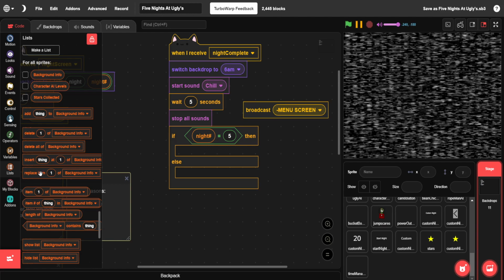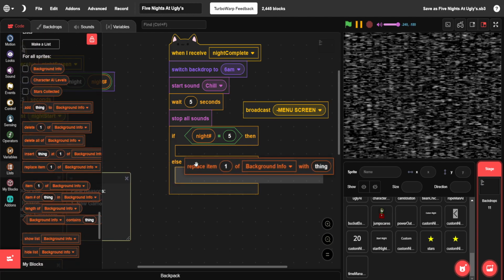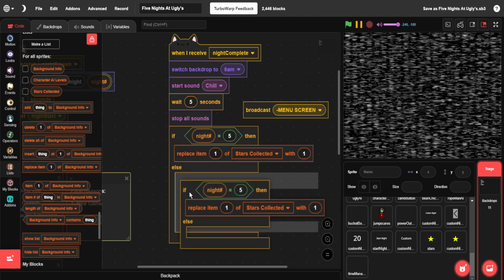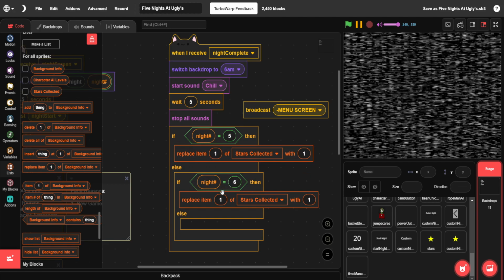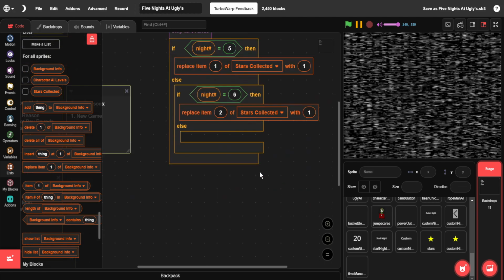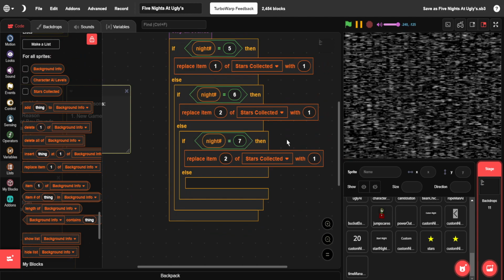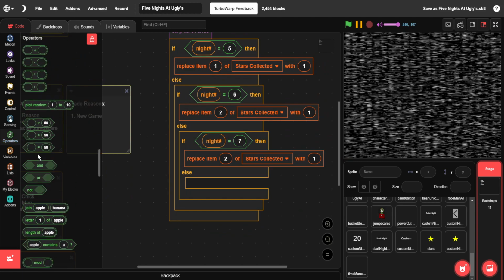You got the first star. So we need to replace item 1 of stars collected with 1. Therefore, you beat the night. If the night number is 6, you completed the second star. Now, if the night number is 7, and